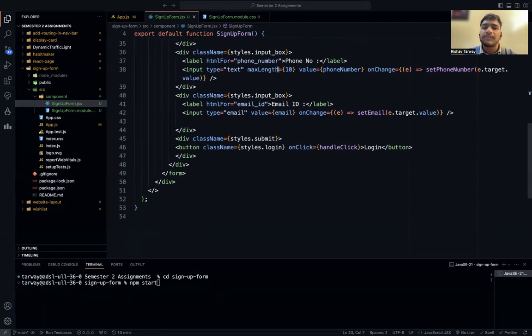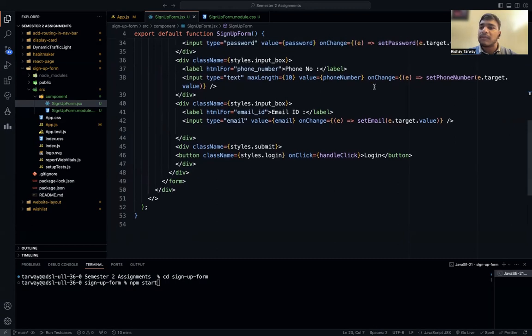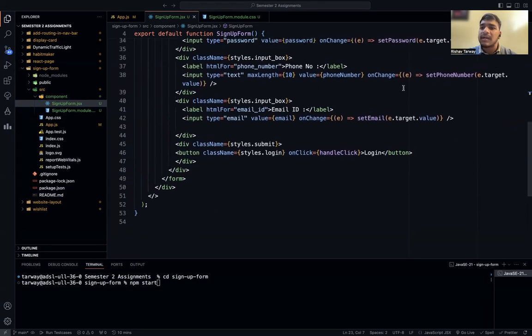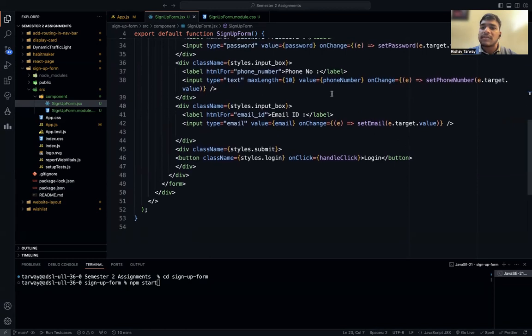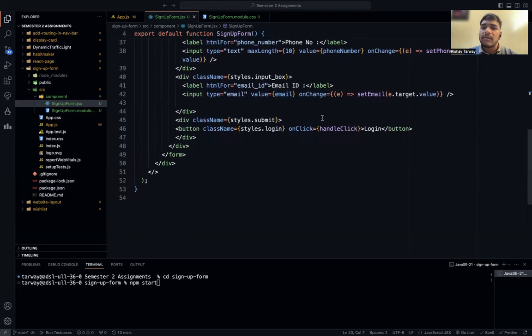Also, one thing to mention here, that phone numbers in Indian standards are mostly, we know, a maximum of 10 characters in length. So I have initialized minimum and maximum length. I have not given the minimum length, so we will rectify that. The maximum length I have entered, so the user cannot enter more than 10 digits in this, and given the type as text, also value as phoneNumber, so the value will be fetched with the help of useState, which we're talking about. Then onChange functionality, then the email ID, the next input box we have created,